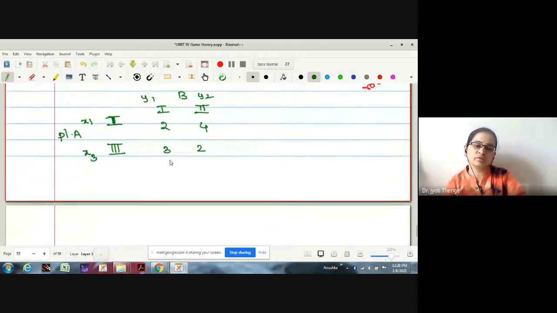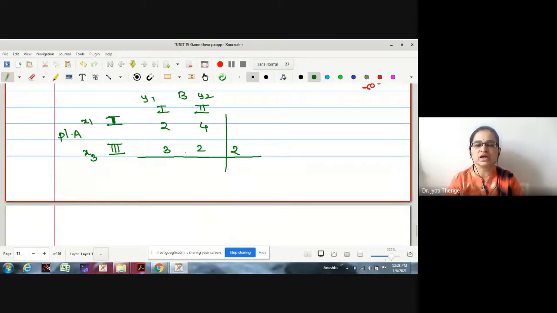Now the payoff matrix is of order 2 by 2. What's the next process? The arithmetic method. What is the arithmetic method? We take the difference of the first row elements, neglecting negative signs, and put it under the second row. 2 minus 4, that is 2, let me put it here. 3 minus 2, 1, let me put it here. 2 minus 3, 1, let me put it here. 4 minus 2. So these are the entries.